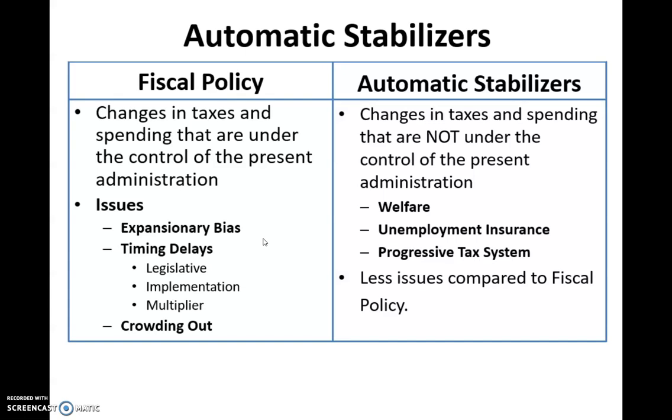For example, in a boom, they would need to cut government spending and they would need to raise taxes. These are not helpful in getting reelected. So government officials are often hesitant to engage in contractionary policy,